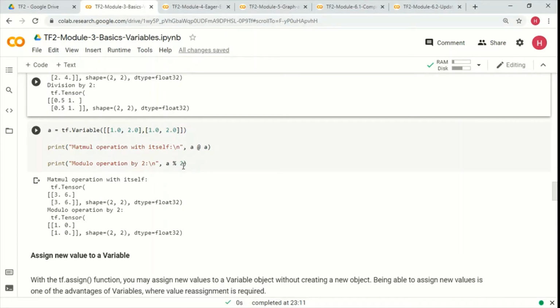So modulo 2. If I am dividing 1 by 2, the remainder is 1, because I cannot divide 1 by 2. Okay, so the remainder is 1, so that's why it will show up as 1 and 1. And for 2, it will be 2 divided by 2, so there's no remainder, so it is 0 and 0 in this particular case.